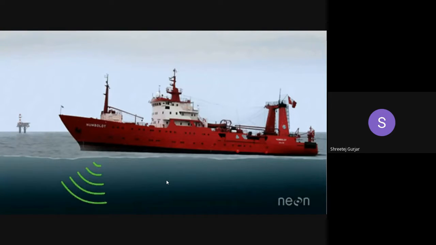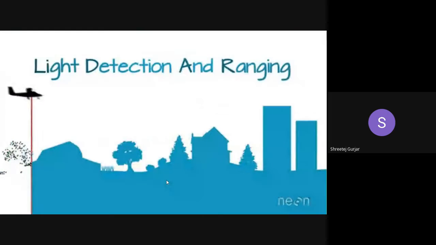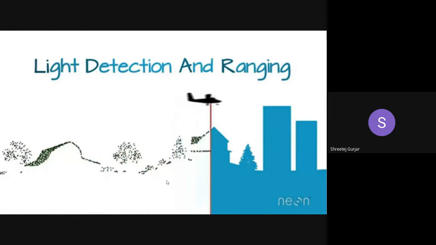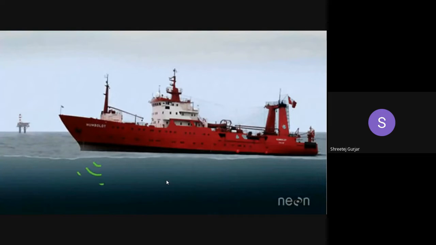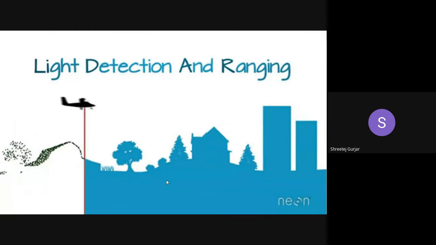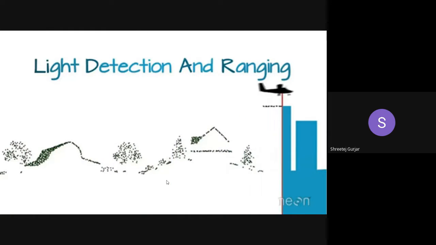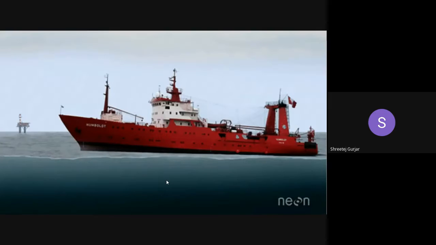So in the next class, we shall cover light detection and ranging in detail. After we cover it, the first part of your fifth module, that is modern surveying instruments, will be over. After LiDAR, we have to go into your second chapter, that is remote sensing. Remote sensing we will be starting tomorrow.